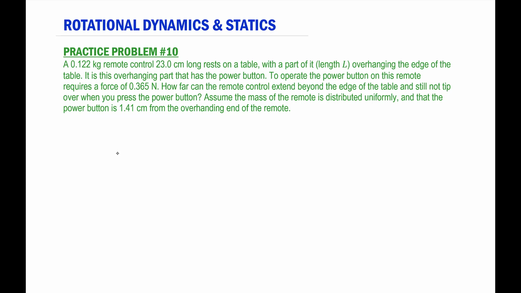You also have the force of the push on the button. So it's going to come down from the top, and you have a force. So let's consider the counterclockwise rotation is positive, and let's also consider